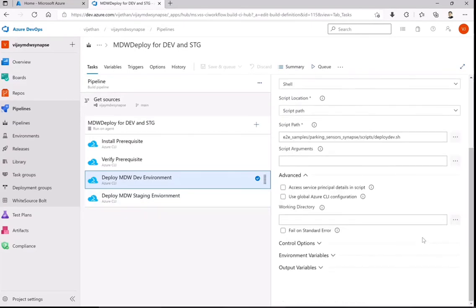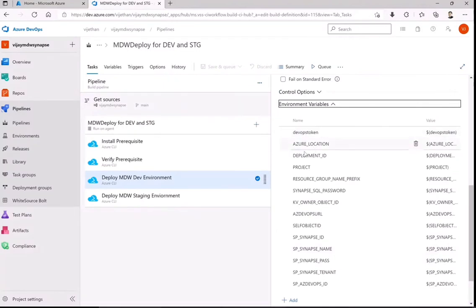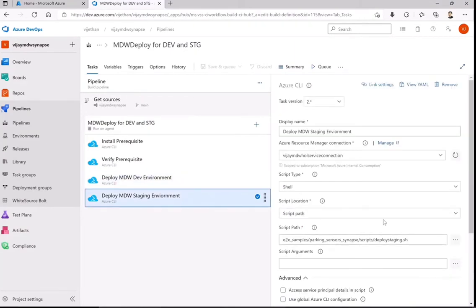Another important thing, as we are passing on the secrets as well, make sure you use environment variables so that they are accessible to the scripts. So I'm actually calling them from the variables which are defined here. I may not require all, but for simplicity, I have put them all, so that at any point of time, even if there are variations in the terminology or the naming convention, I just change or remove them at that particular stage, not from the other stages. Okay, similar, this will look alike for the staging as well.